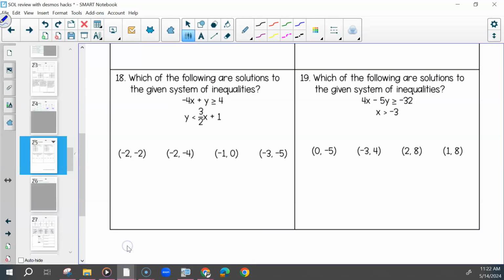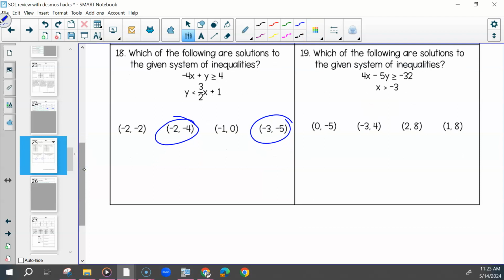So the answer is the one that's going to be in the shaded area of both? Of both, yes. Or on the line that is on the edge? On the line on the edge that's solid. So negative 2 wasn't because it was on the line without a dash. Yeah, and I could also put this into this, so